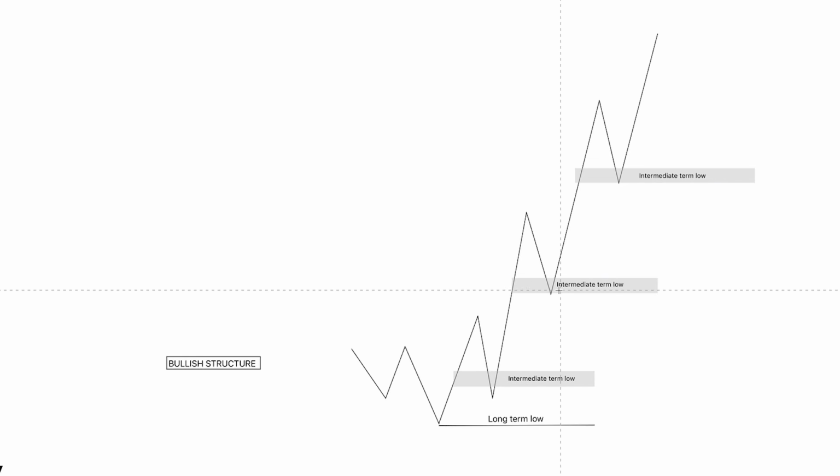creating new intermediate term lows that shouldn't be broken if we're bullish. So as price continues to trade higher, all we need to do is wait for that fair value gap to form, and then we know where price should react from, based off the fact that we have an overall understanding of how price should behave because of this formation here. That gives us a great deal of confidence as traders as we go into look for our day trades within the market, because now we know